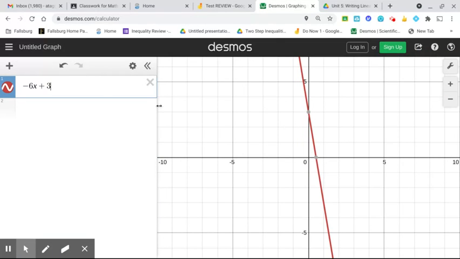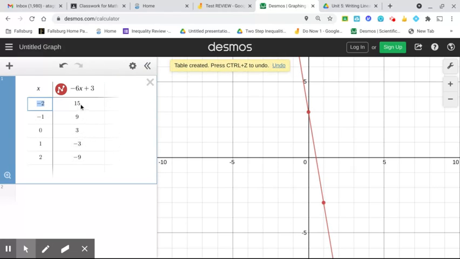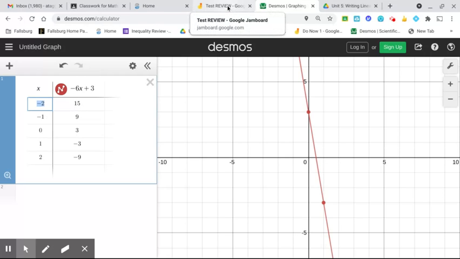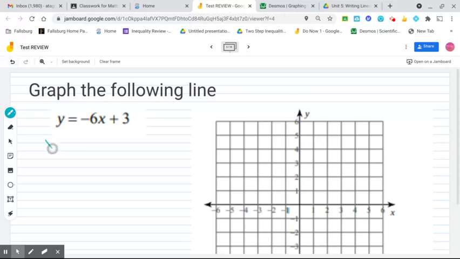Here's our line, but it's very important that we choose numbers from our table so that we can graph it correctly. So we don't have to choose a lot of numbers. Maybe I'll start from -1 because I don't think our graph goes up to 15 anyway. So -1, 9, 0, 3. So here we have x and y. So we have -1, 9, 0, 3,